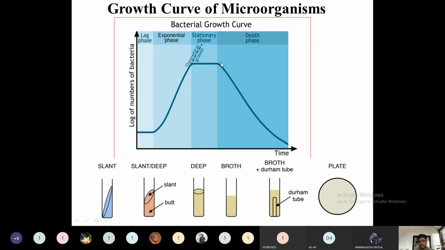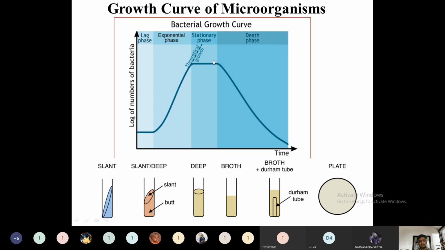Here also, the stationary phase length with respect to time will depend on the type of microorganisms as well as the conditions. In the growth phase also, the food that we are giving for the microorganisms, and at the same time the environmental conditions, whatever conditions we are providing for the microorganisms to grow, on which the exponential phase is dependent. But here in the stationary phase, it is dependent only on the particular microorganisms and environment, not on the medium or the food.